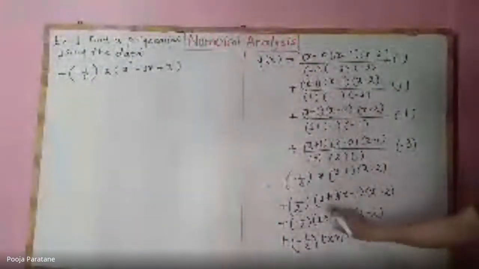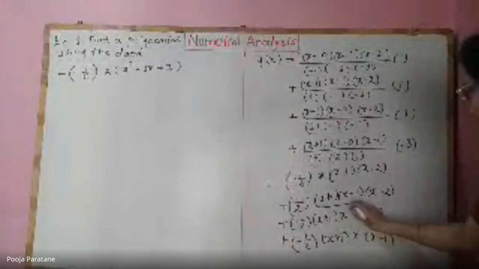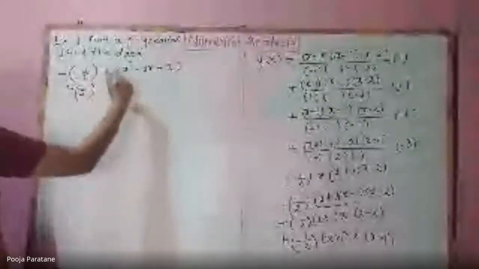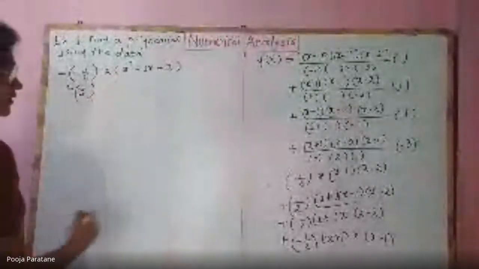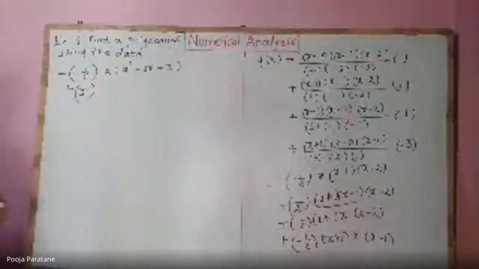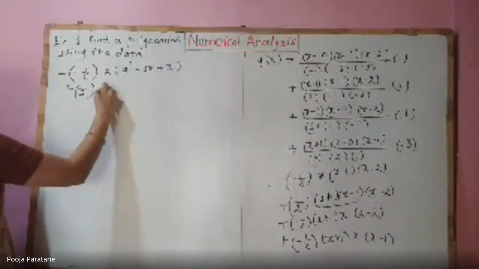Now here next. So this is easy for me. Plus 1 into x minus 1. So let me do it. Plus 1 upon 2, and compulsorily write it one by one on the next line. Do not write it on one line. It is very easy to collect the coefficients. Then here it is